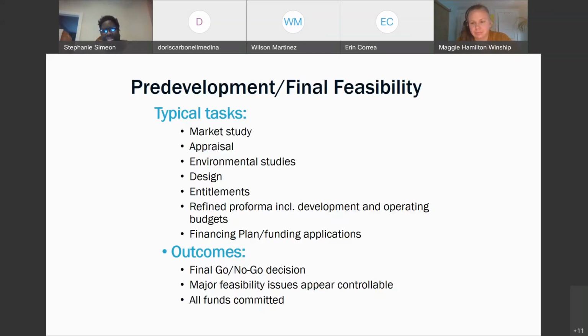I'm not going to go a lot into entitlements, but when we talk about refining the pro forma and the development and operating budgets, you want to have that budget open under every process. The market study, what's the estimate? You want to put that in your soft costs. Appraisal, soft costs. Environmental phase one, soft costs. Design, soft costs. So they're going to say value engineering,